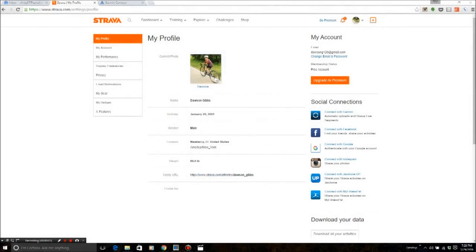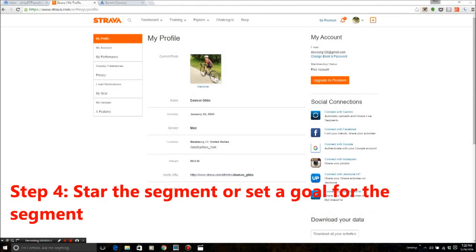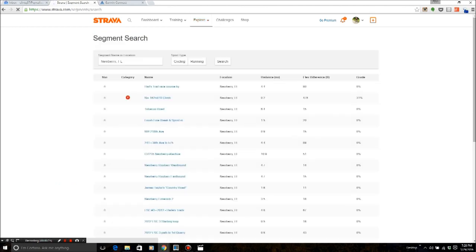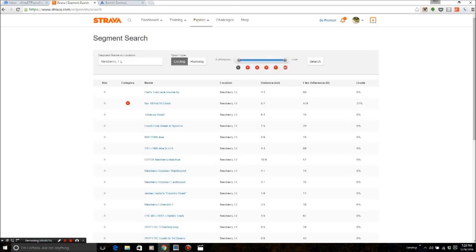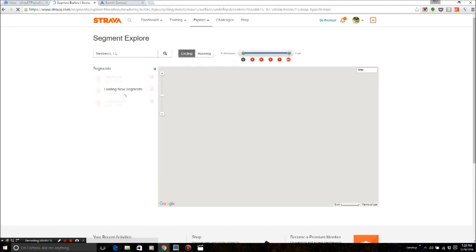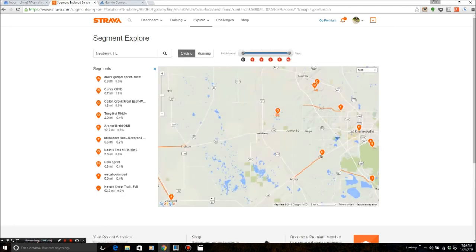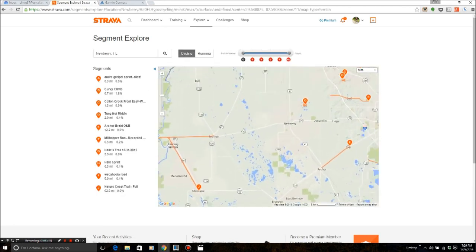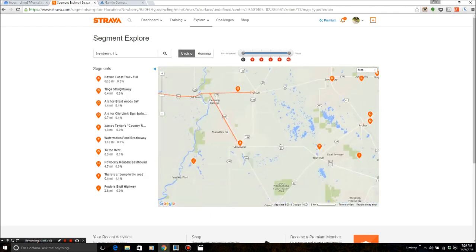Now, in order for Strava Live segments to show up, you have to star them on Garmin. And you can do this on the computer, you can do it on your phone. And I'm going to go to Explore, and we'll go to Segment Search, and you can search the map or whatever and find a segment. And actually I'm going to go to Segment Explore. And then so you're going to find your segment, and then you can star it. So I'm just going to grab a random one here just to show you. So let's click on this one,